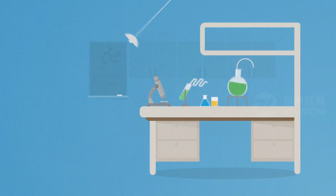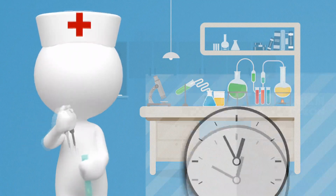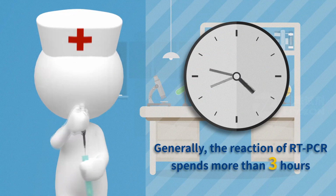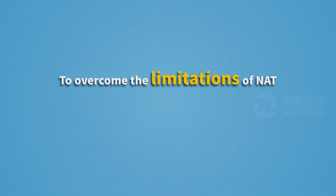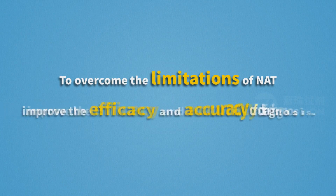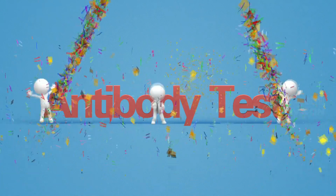Furthermore, NAT not only requires high standard laboratories and well-trained operators, but is time-consuming as well. Therefore, NAT is difficult to carry out in primary healthcare units. To overcome the limitations of NAT and improve the efficacy and accuracy of diagnosis, it's necessary to introduce antibody test